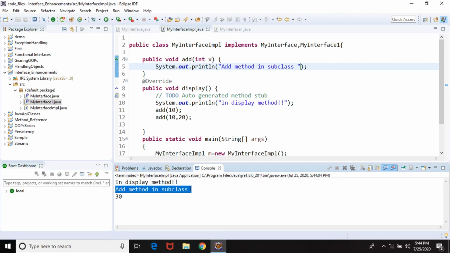In our next session, I'm going to take you to another change in Java 8, and then after that, we'll be talking about the concept of lambdas, for which we are waiting for some time.